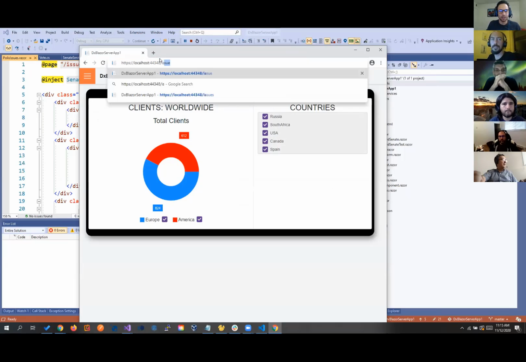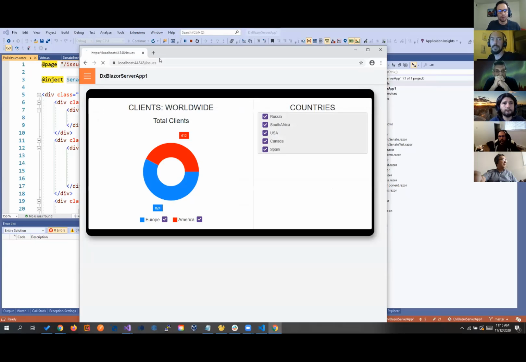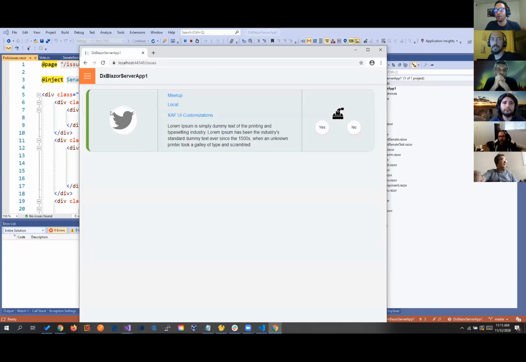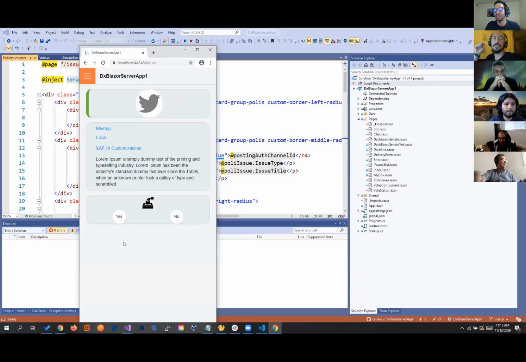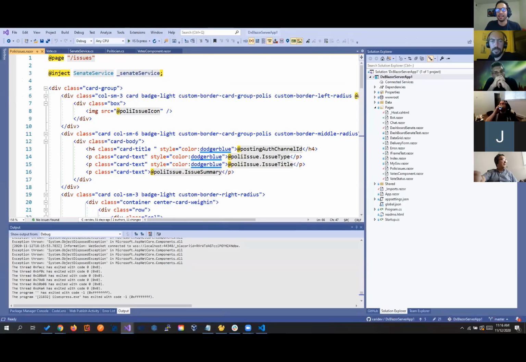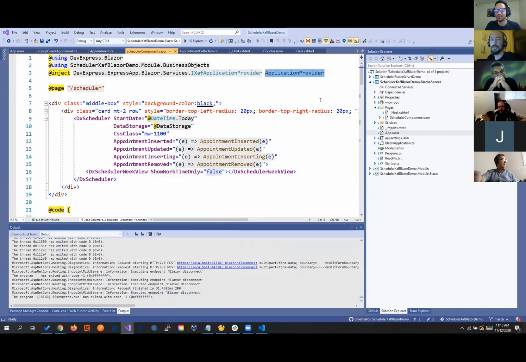We need a list editor, and we can do this one. So we have all our records as a really nice card view, and not only that, really responsive. So if you're seeing a mobile device, you see that it actually responds to all those resolution changes. So the future with Blazor is so big, because there is no UI that you can send us that we cannot recreate, because it's all about